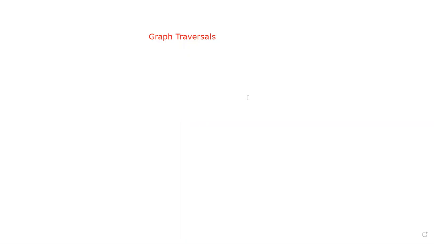Hello everyone, I am here to take graph traversals today. You know that graph traversal is one of the techniques used for searching a vertex in a graph. The graph traversal is also used to decide the order of vertices in which they are visited in the searching process. Okay, so this graph traversal finds the edges to be used in the search process without creating any loops.